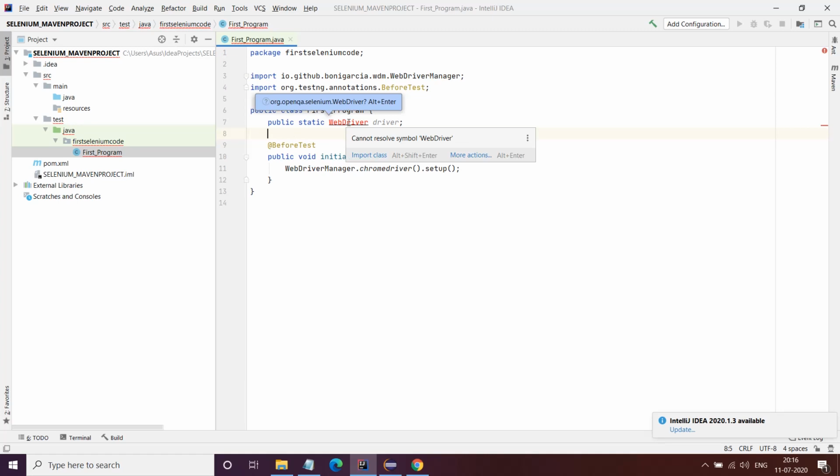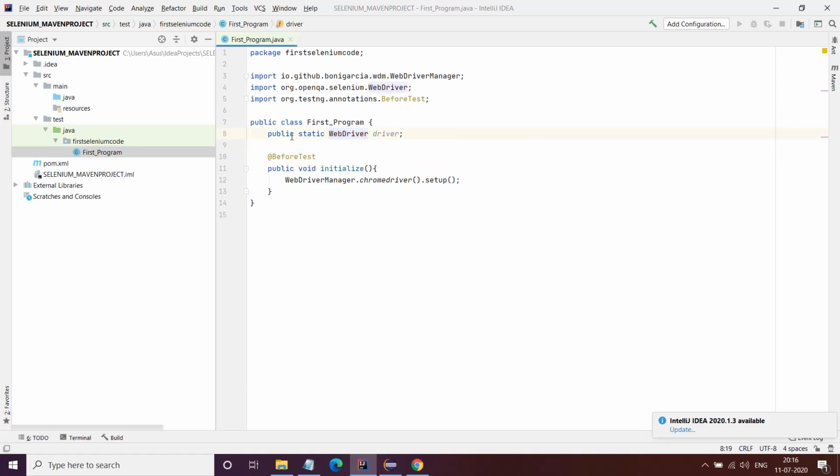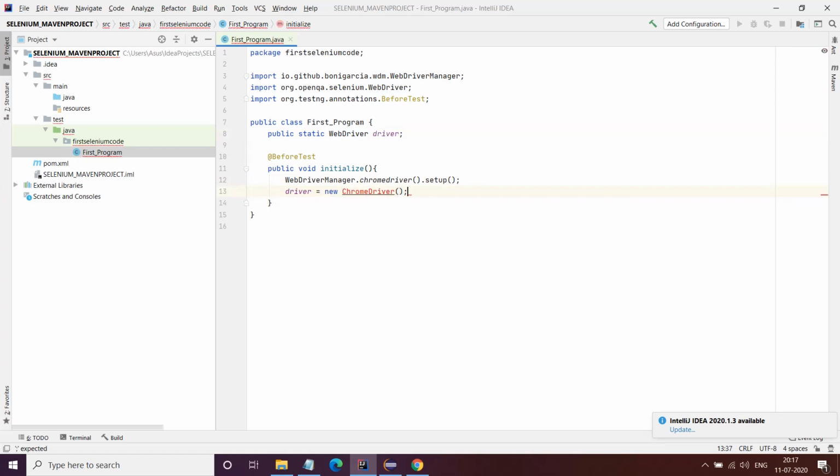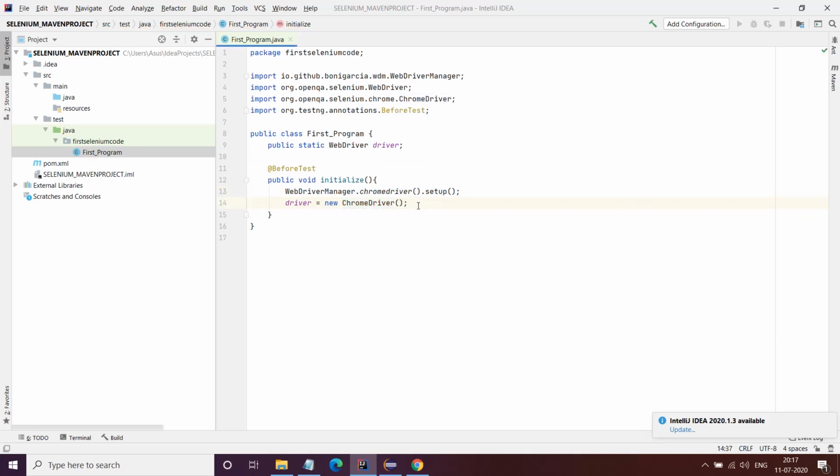Depending upon the public and static access modifiers, these can be totally defined the way you want, whether you want it static or not, whether you want this access modifier or not. That again is totally dependent on you, but I tend to do this. Then I will call driver equals new ChromeDriver. I'm creating the object of the ChromeDriver class using the object reference of the WebDriver interface, driver. I'll import this. Very simple. You can use Alt Shift Enter also. Again, it is totally up to you how you want to do it.